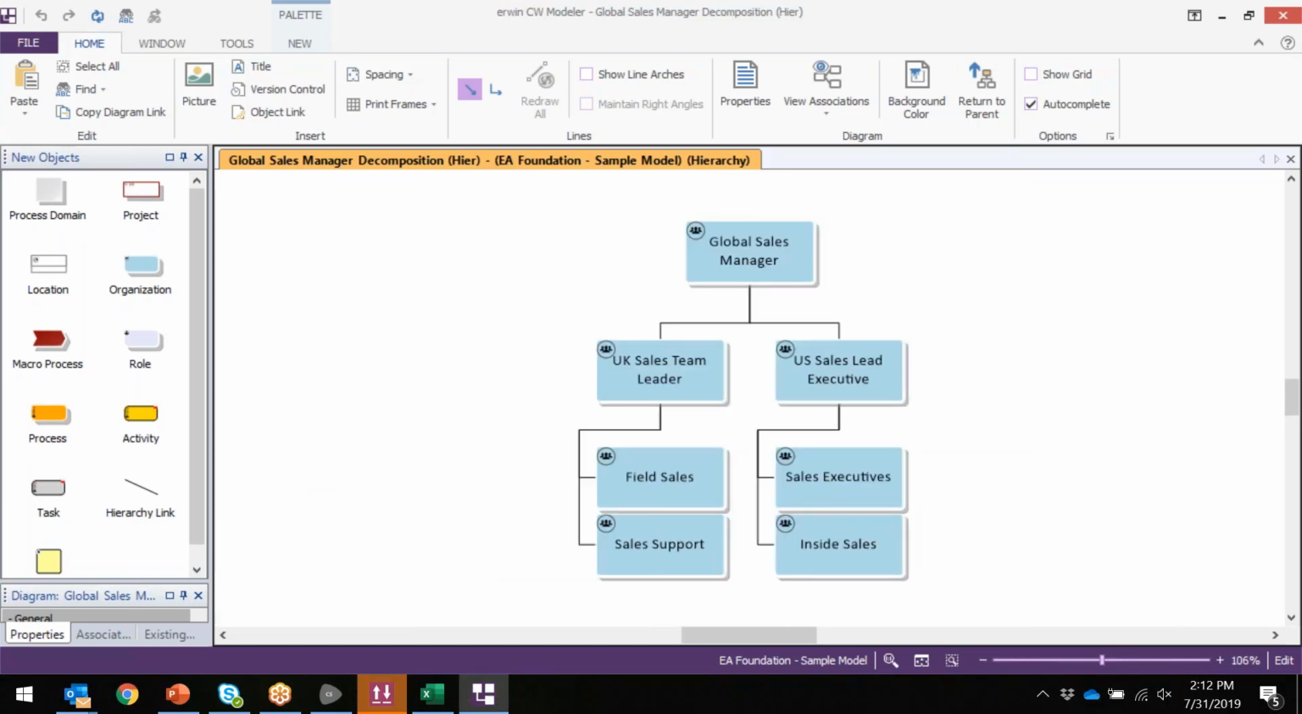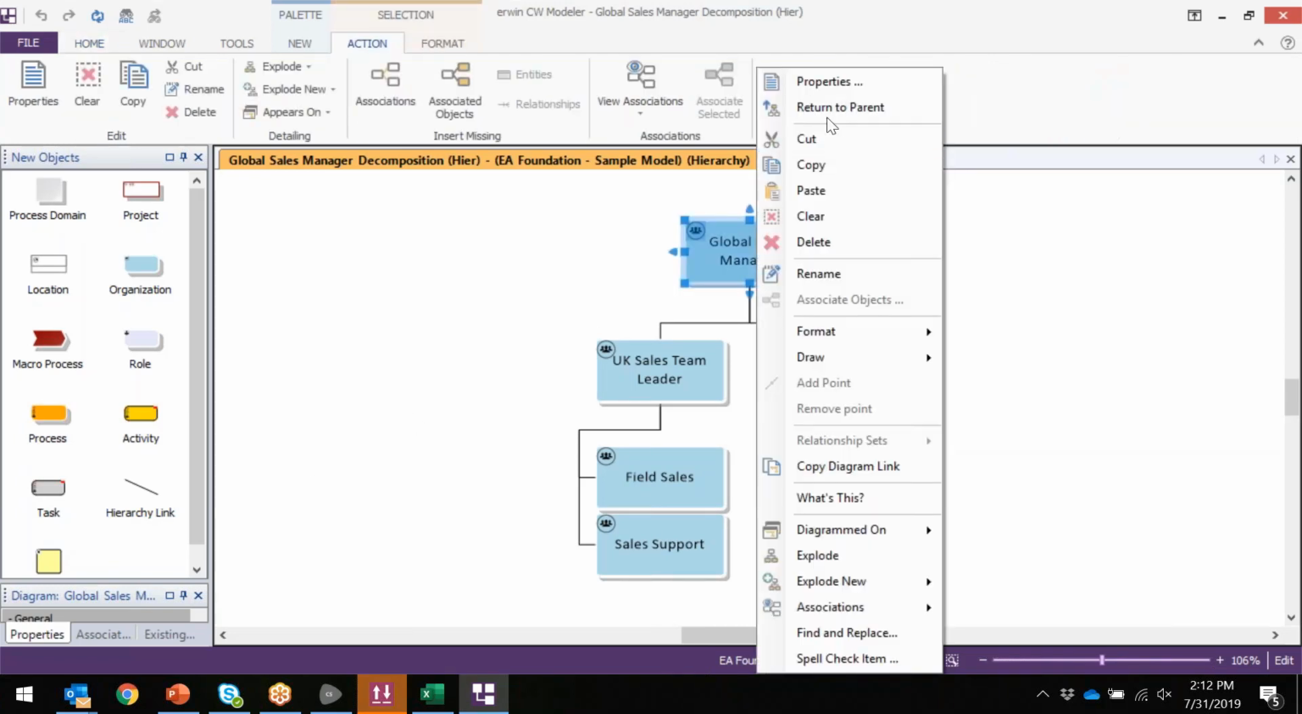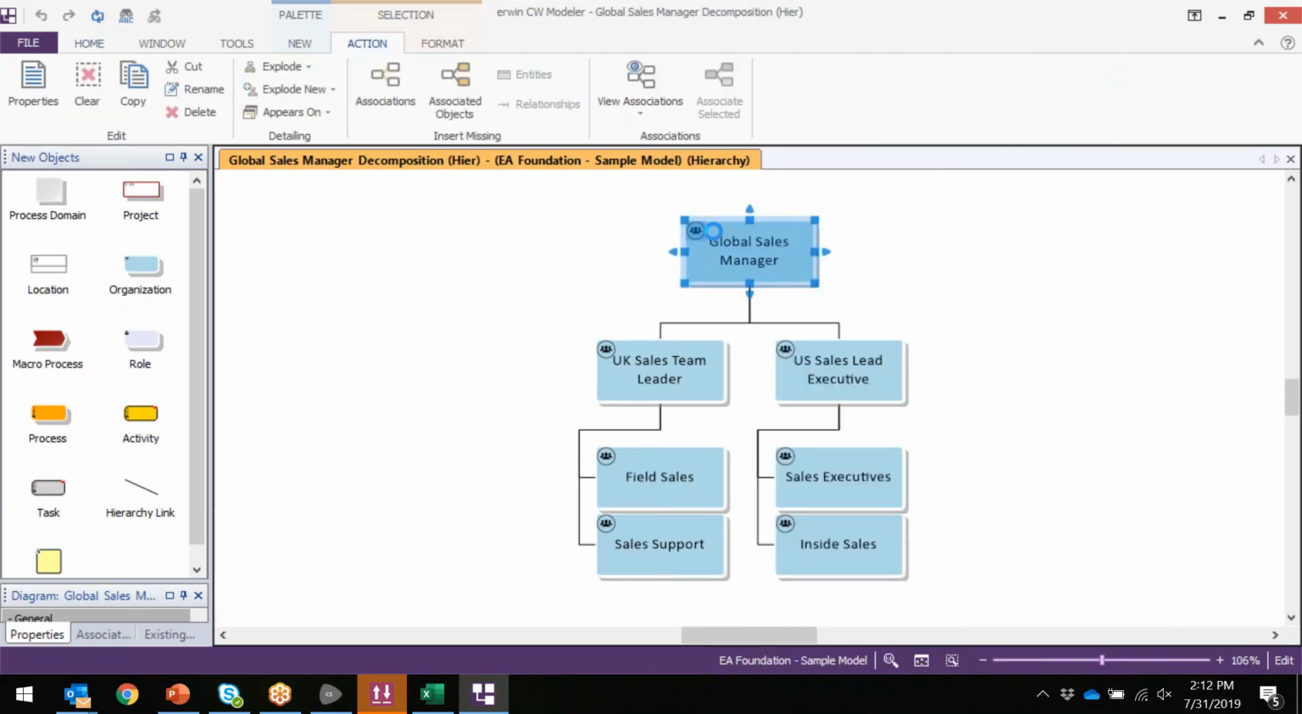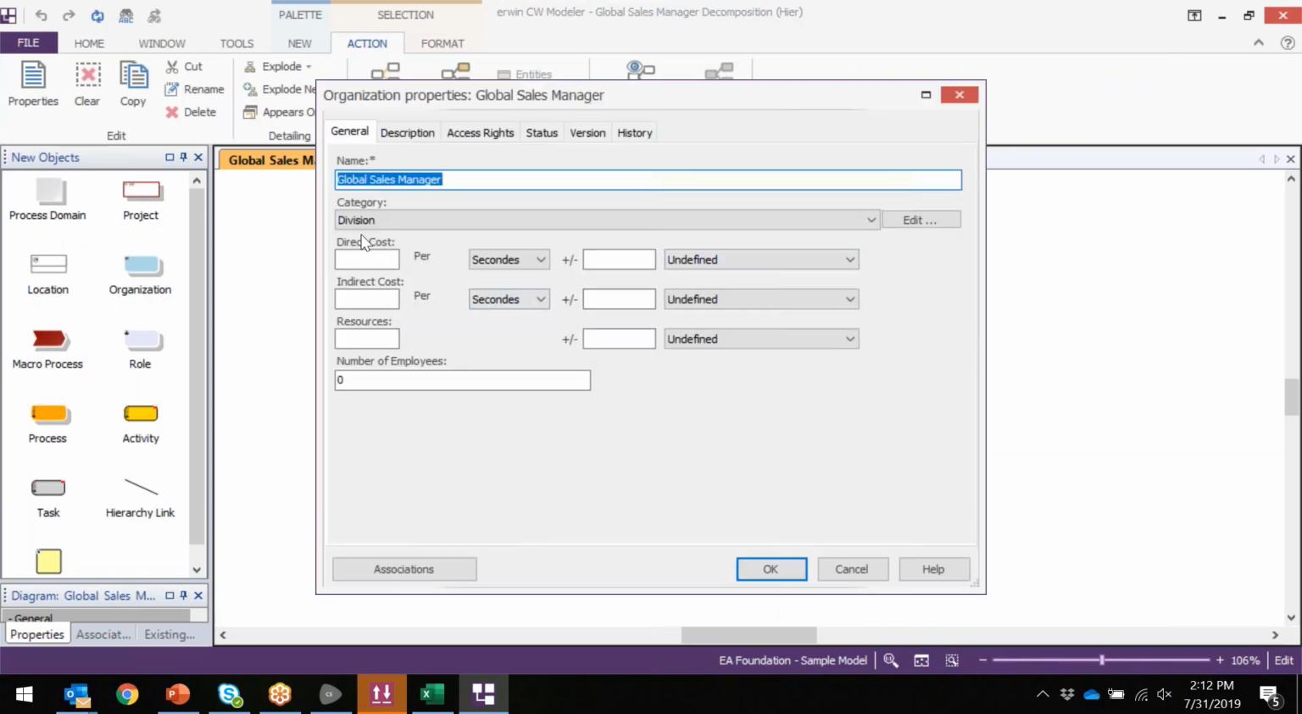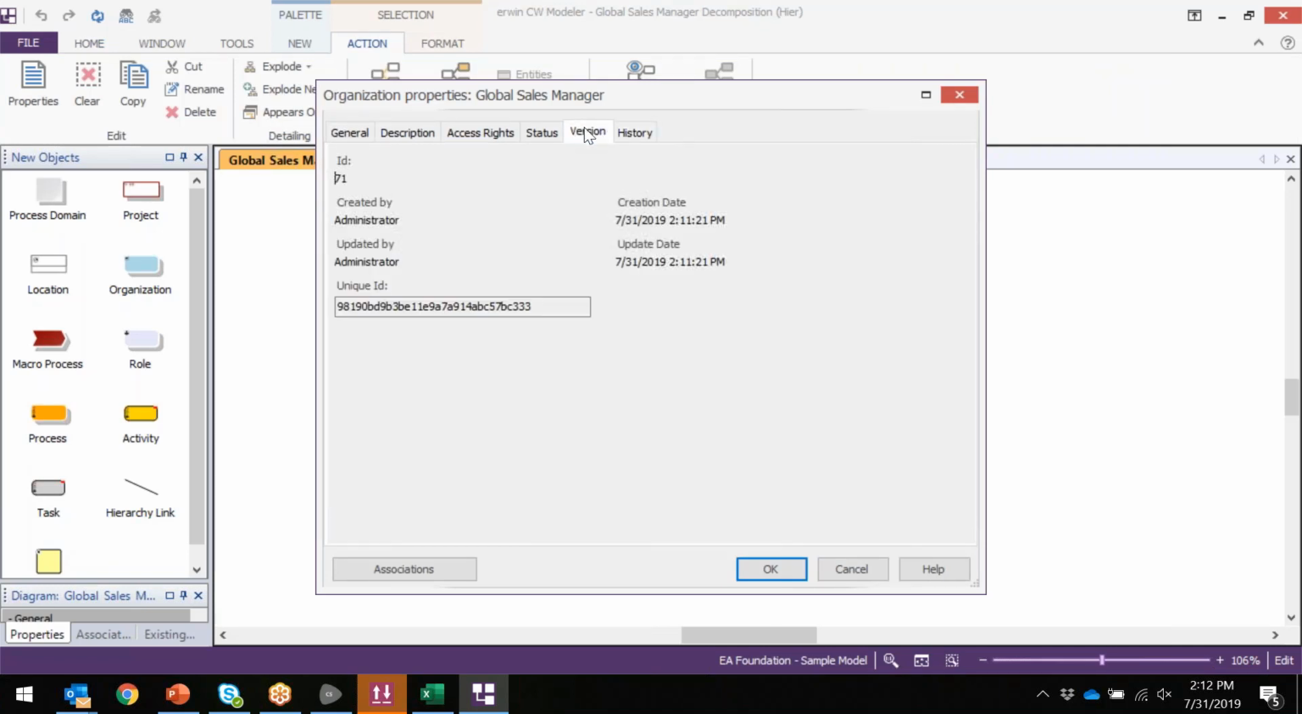You can hit F4 to send it to the screen. You can also choose any one of these objects to look at their properties and find that their categories, which were loaded from Excel, are here. So here's a division object. Now, if this was something that didn't exist in the model before, you'll be able to go to the version tab and see when it was created. So we can see the timestamp of date and time, which was just right now,